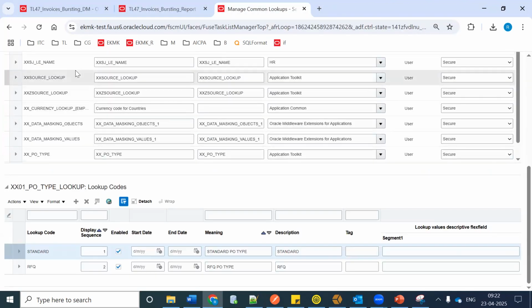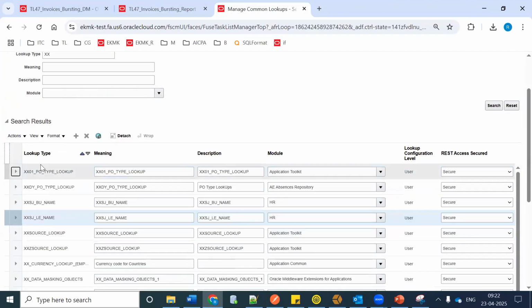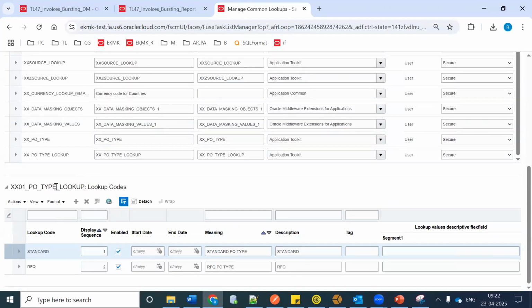This is a lookup team. Lookup and lookup codes. If it is an email address, the lookup type is here. For this lookup code and the meaning, if it is two email addresses, you may get the value from here. And this table is FND lookup values. Select meaning from FND lookup values where lookup type equal to XXPO type lookup and meaning equal to so and so standard. If it is standard, use Vijay dot